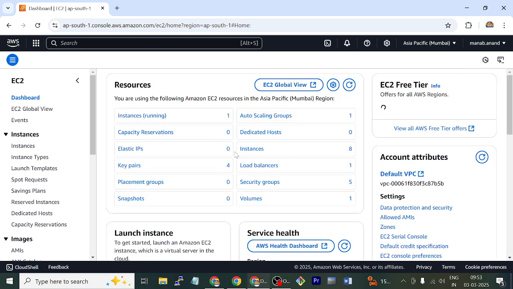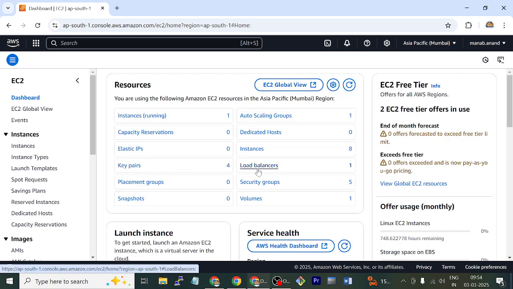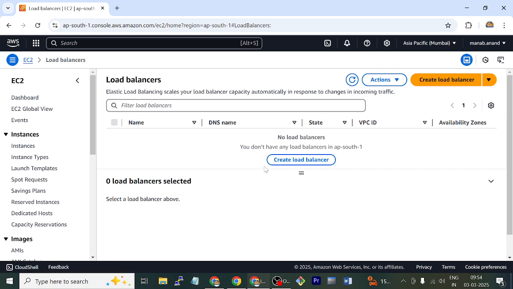Then from dashboard you can check what is the status, key pair, load balancer, one load balancer,